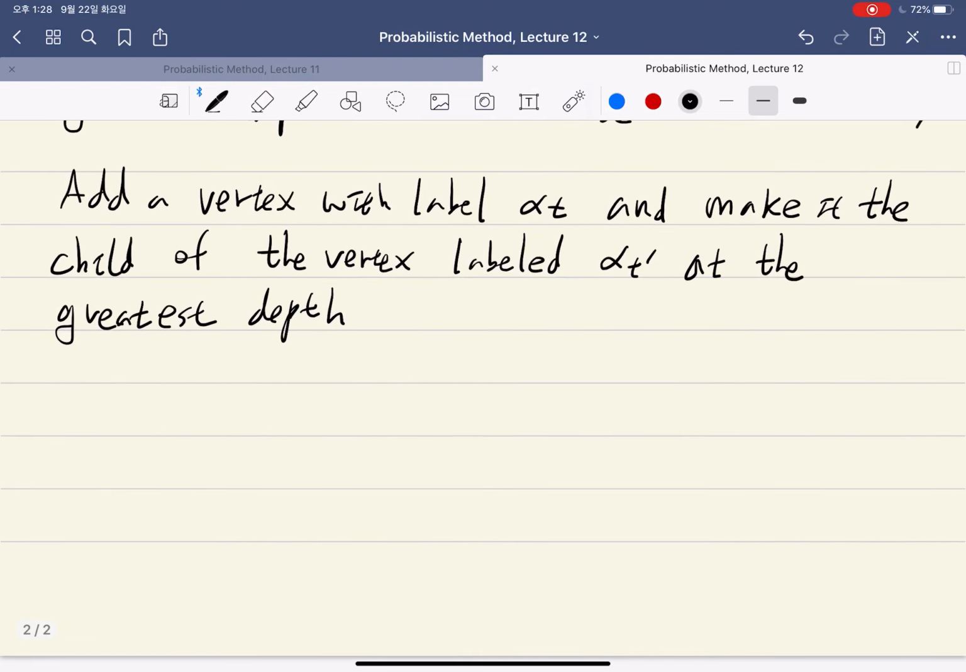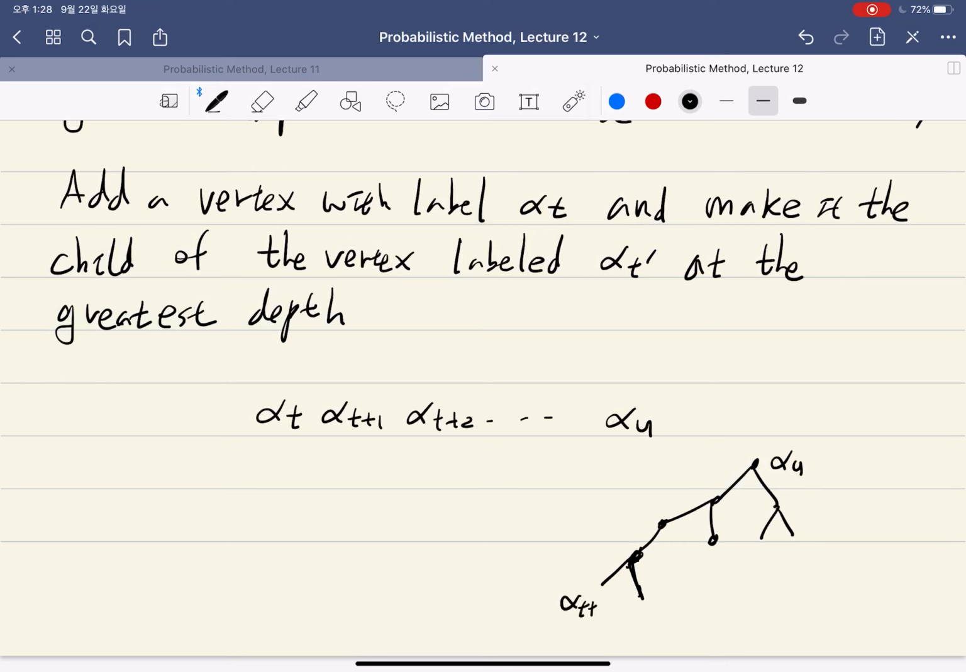Meaning that if you have alpha t plus 1, alpha t plus 2, up to alpha u, and you have a vertex with label alpha u and some others. Let's say you have alpha t plus 2